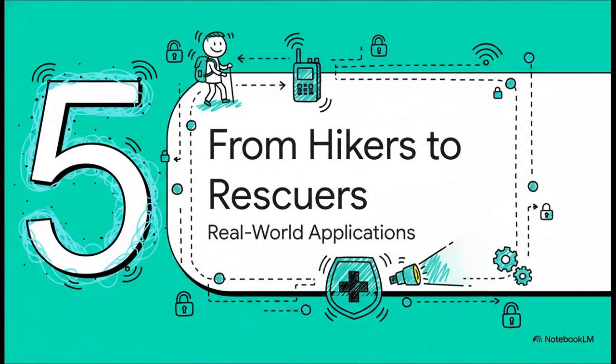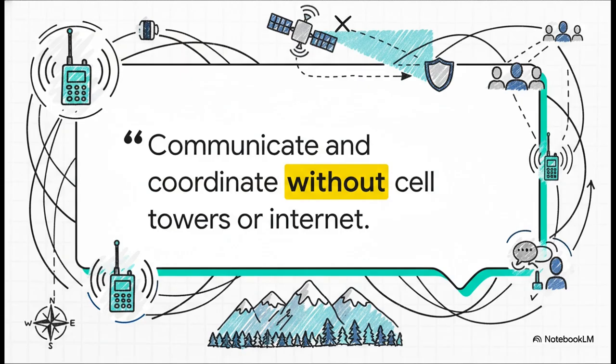All right, so let's put it all together. You've got this super accessible, long-range, and secure communication tool. So what can you actually do with it? Well, this is where it gets really cool. The big one, the absolute game changer, is being able to communicate and coordinate when there are no cell towers, no internet, nothing. This gives teams situational awareness in places where it was just impossible before, unless you had super expensive satellite gear. For emergency responders, this is huge.